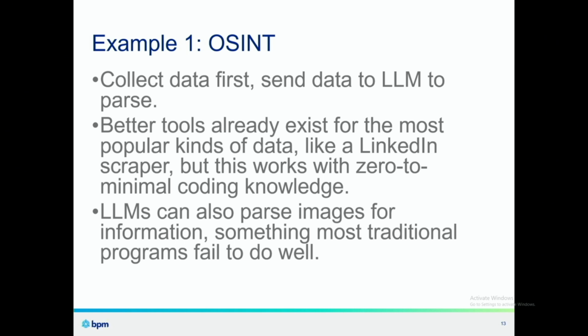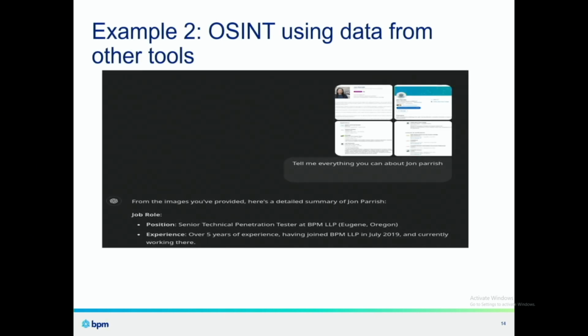Fortunately, we've been solving this problem for a while with more traditional tools. We have things like LinkedIn scrapers and Google tools that scrape through different web searches and find all this information. So we've got the data, now we just need to parse it. Well, there's also companies that are changing the ID tags for traditional programs to help block them every Wednesday. So maybe those tools don't work well, but we can take images of those websites and feed those images to the LLM. So now we've got multimodal ability to take images and parse those instead.